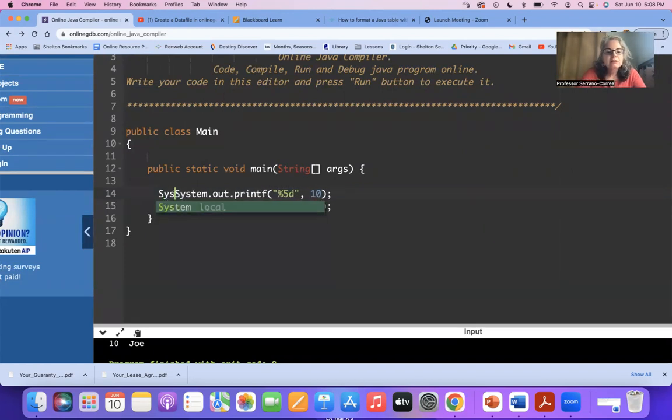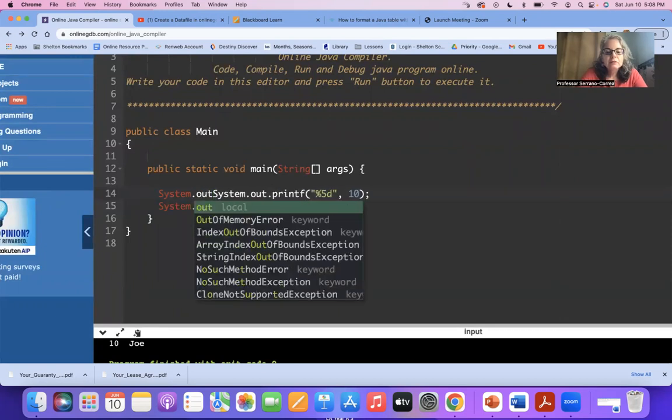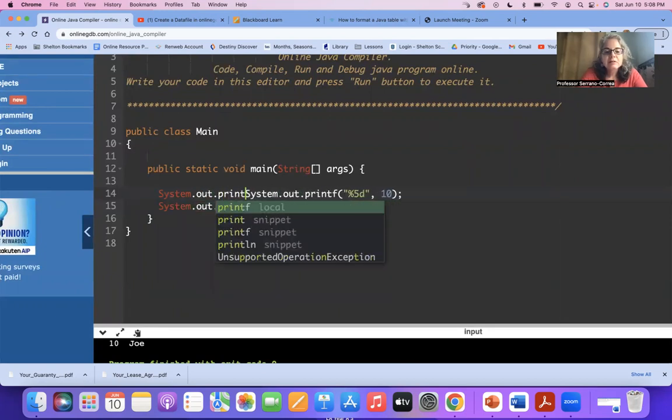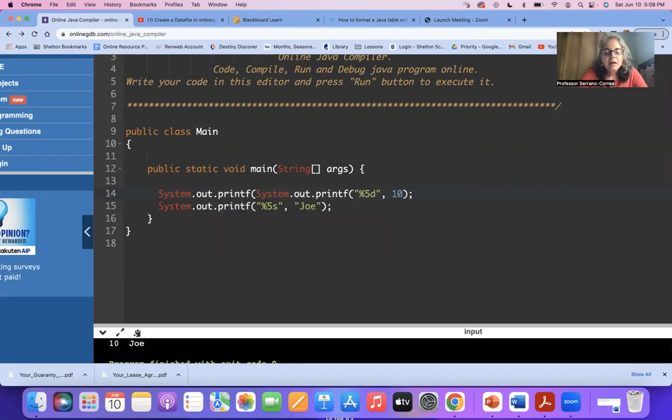What I'll do here is System.out.printf, and I'm just going to print 1, 2, 3, 4, 5, 6, 7, 8, 9, so that you can see where the 10 is aligned, okay? So if I run this,